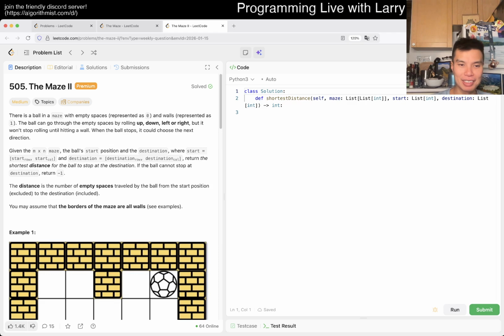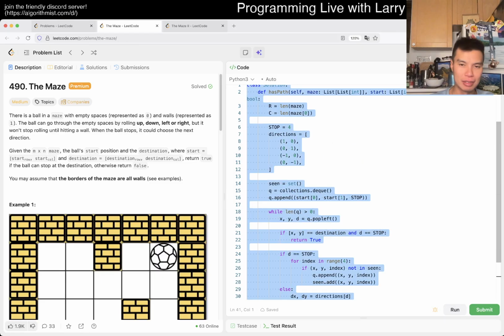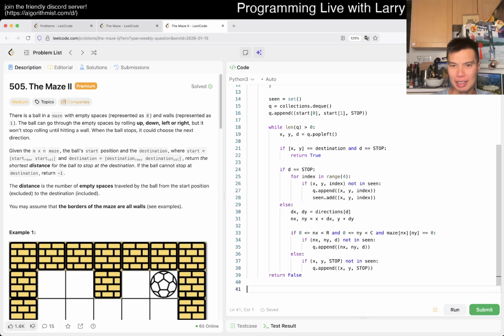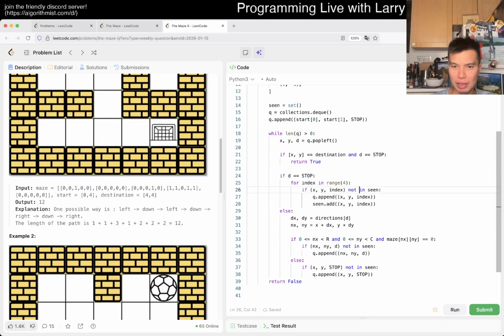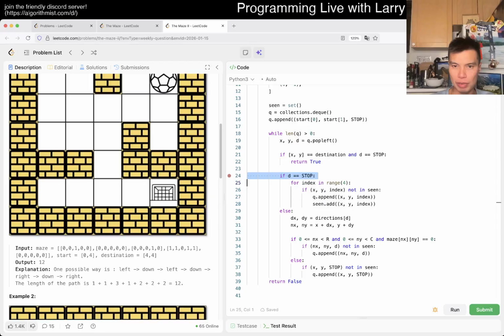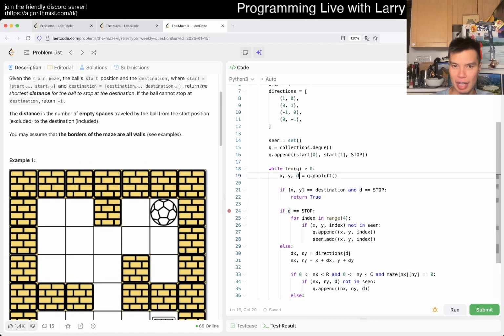Actually, it's funny, because last week I already said something like this, where we talk about the distance, and there are two types of distance, whether it is the number of empty spaces or the number of kicks, right? Yeah, this is my code from last week. I'm not cheating, maybe I am cheating a little bit. So we can just copy and paste it, and last week we did it with a queue, one by one. So that means we can just reuse it perfectly. What's the D? It's the distance here, actually, not